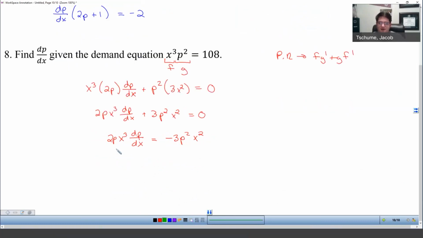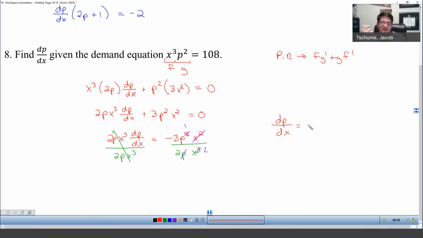The last thing I'm going to do here is divide both sides by 2p x cubed. And you're going to notice once again that there's a few things that cancel here. First off, I can cancel 1p off the top and the bottom, and I can cancel 2 x's off the top and the bottom. This allows me to write my simplified derivative as